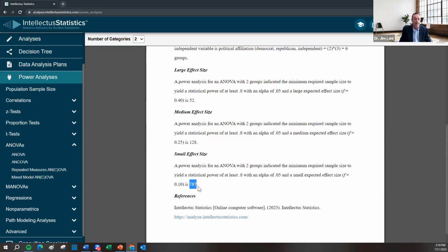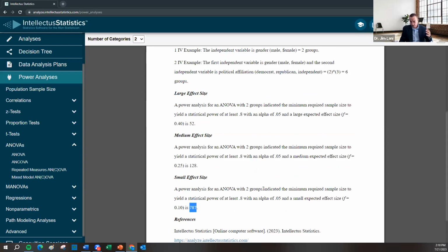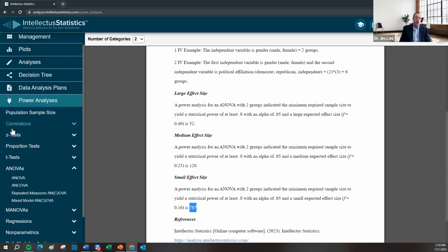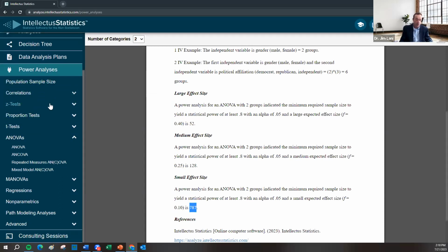So, but there's no way I can get that. So there's a balance between what is theoretically expected or desired and what is practical, that most students or faculty do not have the resources or the time to get 787 people. So just to know that we do have a power analysis to help determine the sample